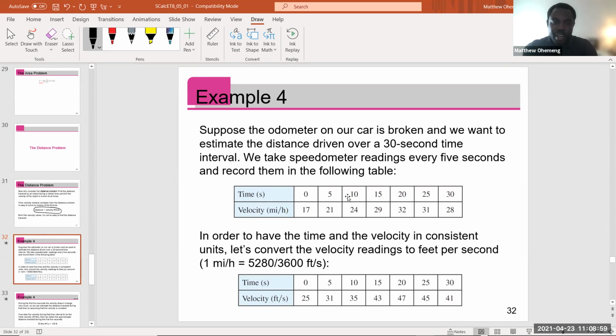Okay, so here are the readings, right? So the time is in seconds. So for the seconds, we have 0 to 5. So it's a 5 second interval. So 0 to 5, and 5 to 10, 10 to 15, 15 to 20, 20 to 25, and then 25 to 30, right? Now, these are the readings. In this case, the readings are measured in miles per hour. So that's 70 miles per hour, 21 miles per hour, 24, and so on to 28. Now, these readings, so this just means that